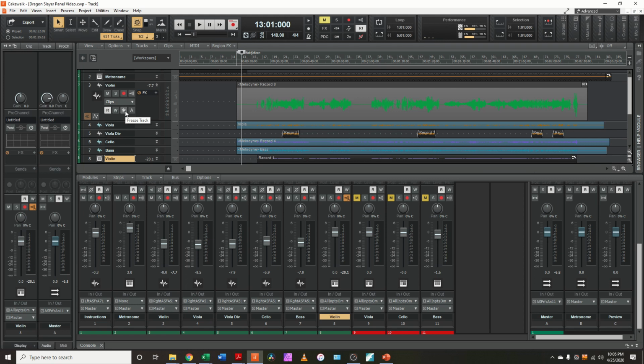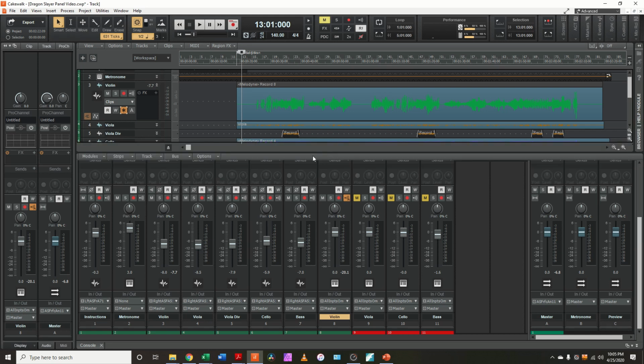That means that auto tuner isn't always running there in the background. So I'll click that. I got a little status bar, and then that's going to turn blue like these other tracks. One more thing that I've done in terms of freezing that track is down here in the console view,